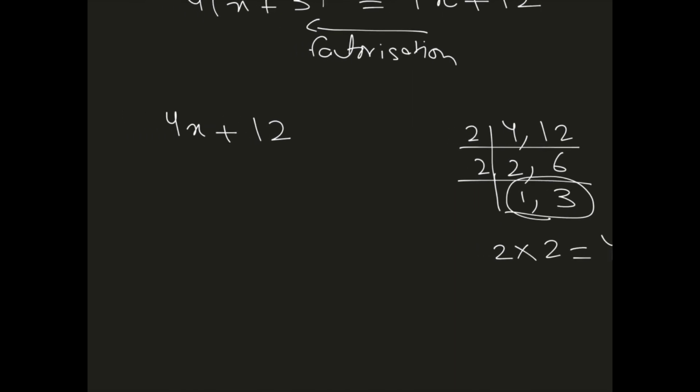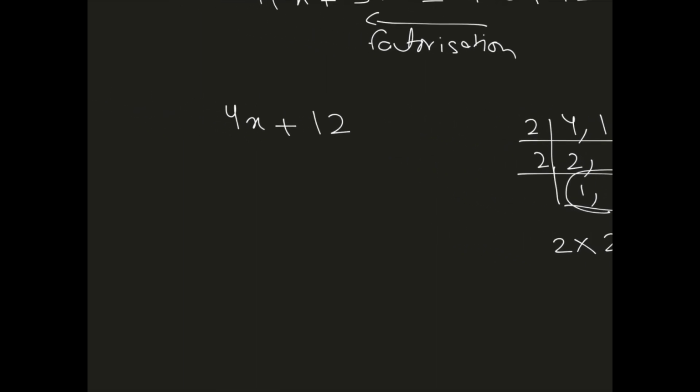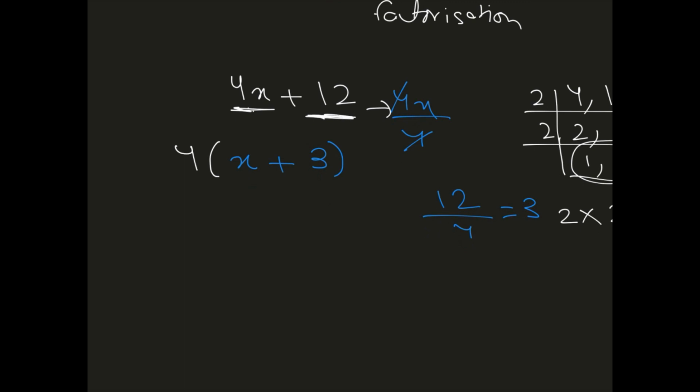This was a pretty easy example. So you know that 4 times 1 is 4 and 4 times 3 is 12, right? So these both can be divided by 4. When you divide both of these terms by 4, you can take 4 common and then you will open a bracket. Now when you divide 4x by 4, the 4's will cancel out and you will only be left with x, right? And then you have 12. When you divide 12 by 4, you are left with 3. So instead of 12, I will write 3 and then close the bracket. So this will be our factorized expression,